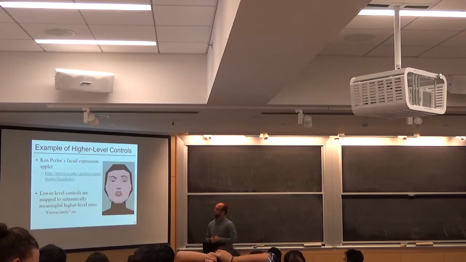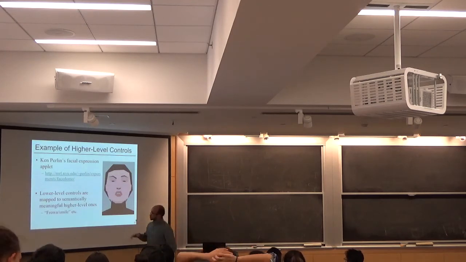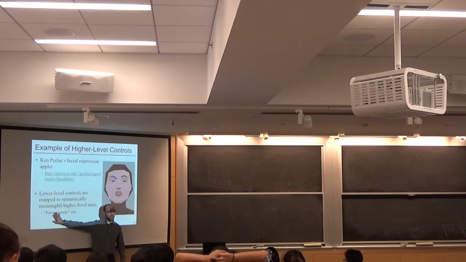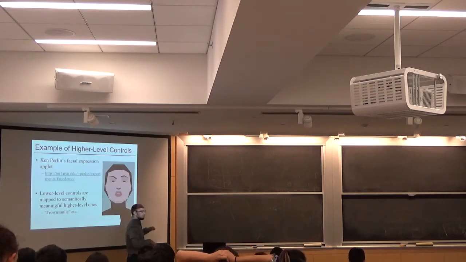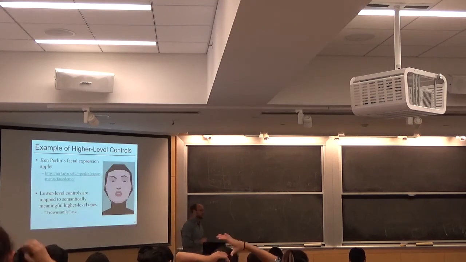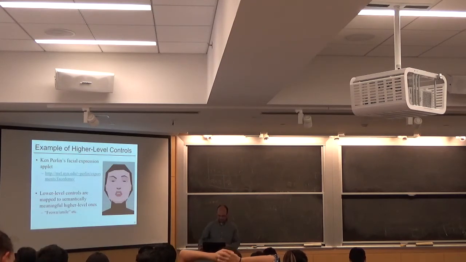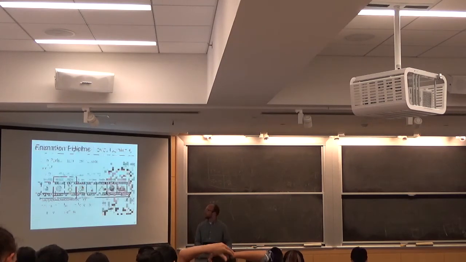And so typically what people do is they try to come up with semantically meaningful controls for their animated character rather than just really low level numbers of where this point is. Yeah? And so coming up with those is the trick. And this is part of,